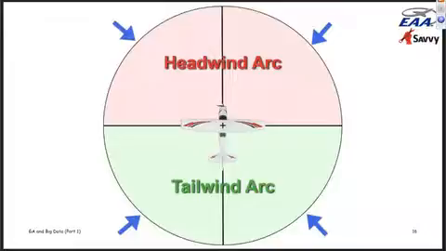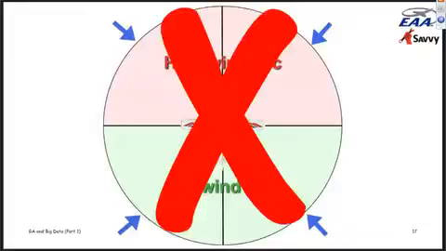The forward arc is the headwind arc, and the rear arc is the tailwind arc. But in fact, that is not an accurate picture. I think it's the one that we typically use subconsciously, but it isn't the correct picture. And the reason it isn't the correct picture is because